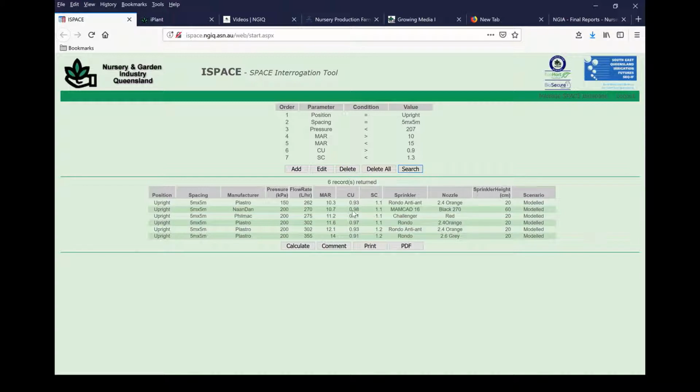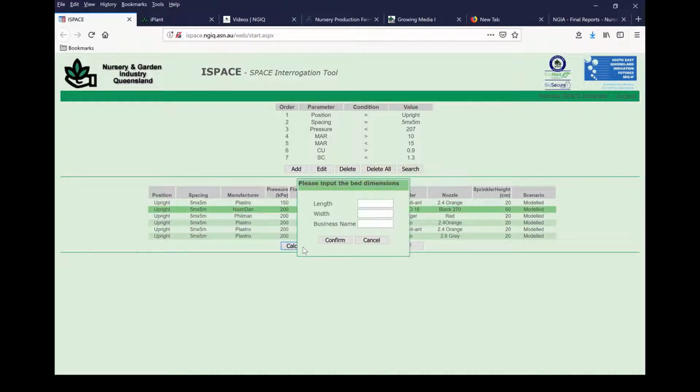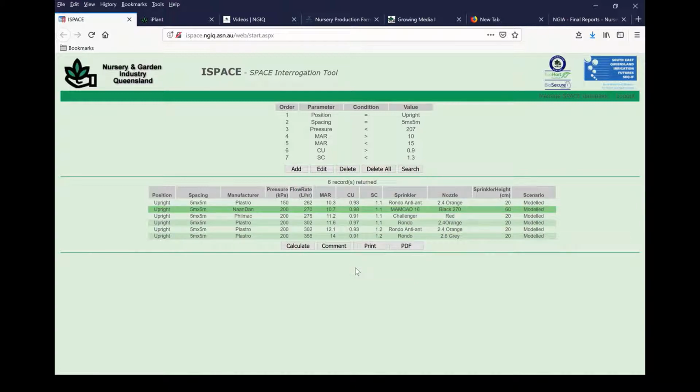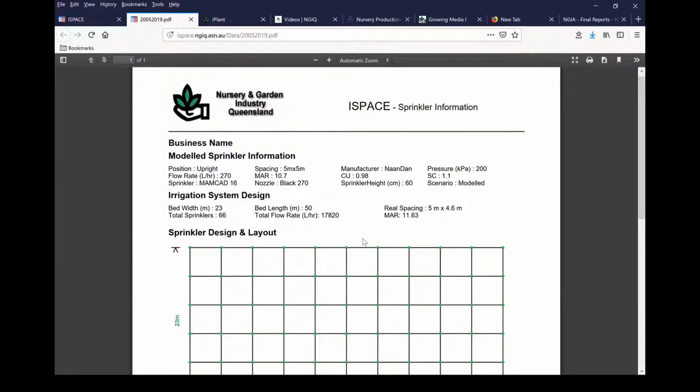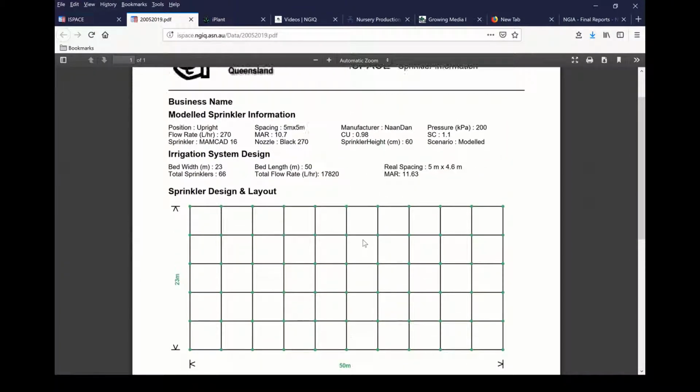Once we've selected a particular sprinkler that we're interested in, we can highlight that, and then we can put in data on what the dimensions of the area are that we're going to be putting these sprinklers in. So if we make the area 50 metres by 23 metres wide and click on confirm, what this will then do is create this schematic layout of the area, which has all of the specifications that we've put in, but